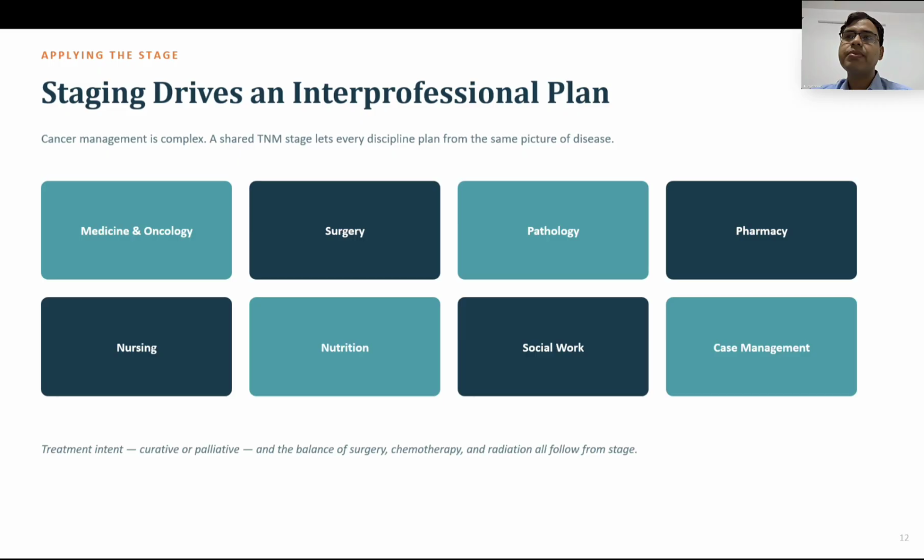common language, so that everyone within medical oncology, radiation oncology, surgical oncology, they understand. Even the pathology department can tell us that this is the TNM, and everyone will understand. If the nursing staff understand whether it is a T1 stage or maybe a stage 4 tumor, they know what to care for, what not to care for. People from social work are very